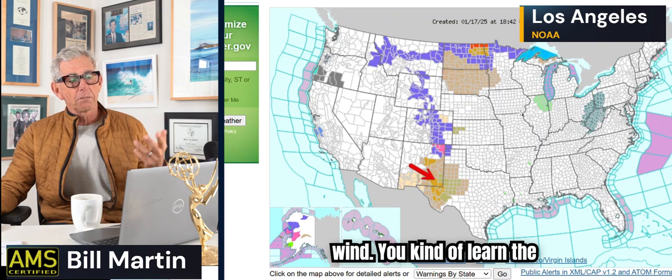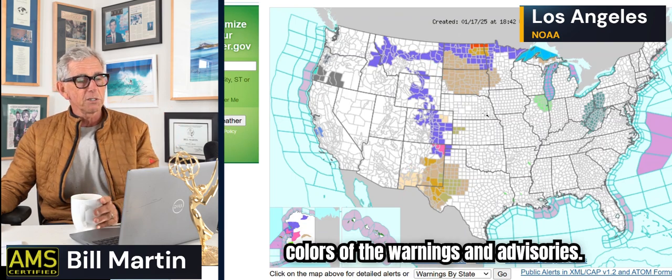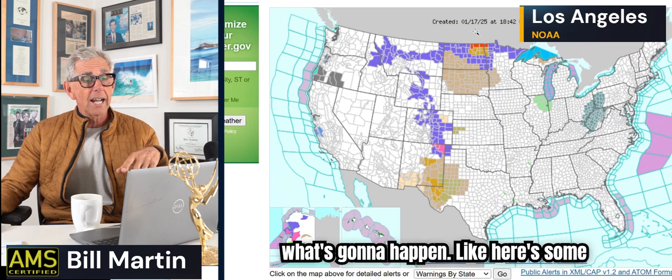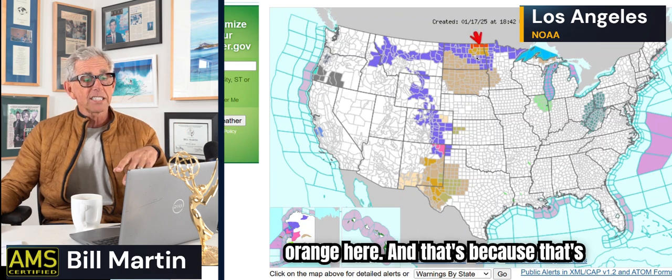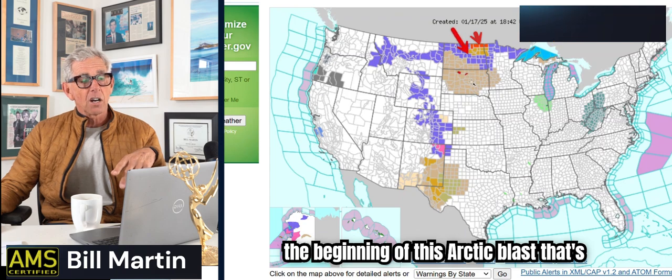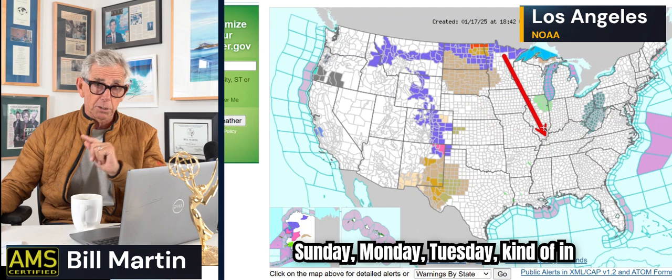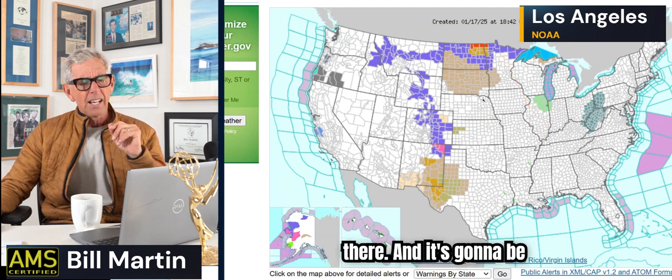You kind of learn the colors of the warnings and advisories. When things start turning red and orange and yellow, that's when you go, oh. And that's what's going to happen. Like here's some orange here. And that's because that's the beginning of this Arctic blast that's coming down in through the plains on Sunday, Monday, Tuesday, kind of in there. And it's going to be